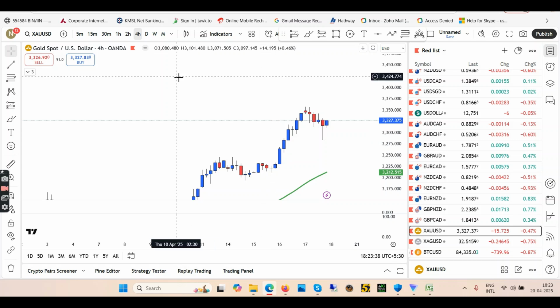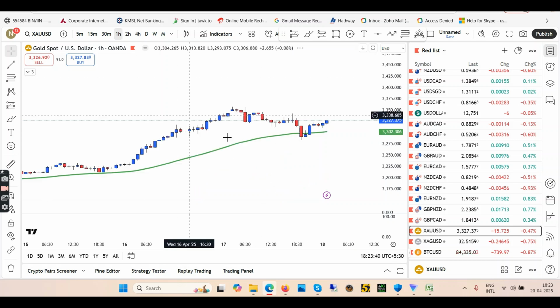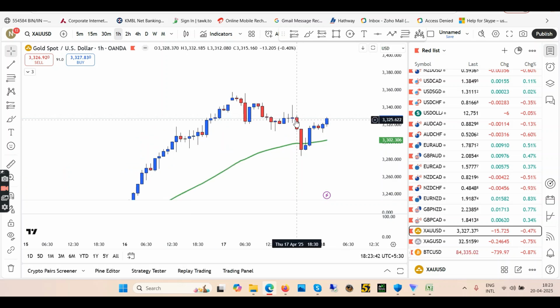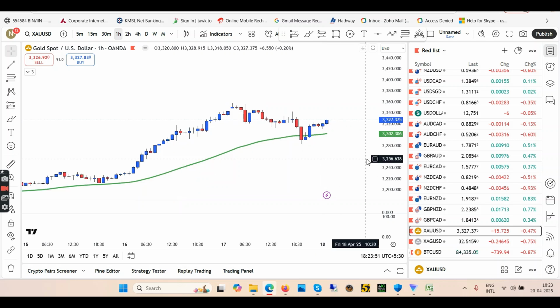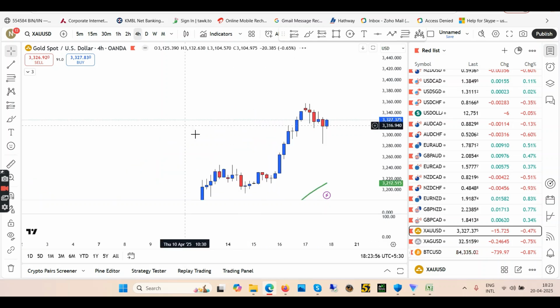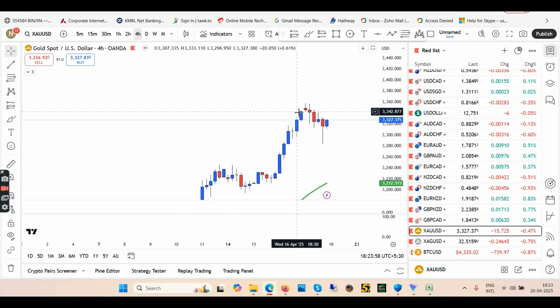I have given you analysis for weekly, daily, 4 hour, 1 hour. Even in 1 hour, it's quite simple. You can see here it is going to break this red candle. As soon as the next candle breaks this red candle, enter your buy position in 1 hour. What will be your take profits? In 1 hour, your take profit will be this candle. Okay, in 4 hour, your take profit will be this candle, and that's all, right?